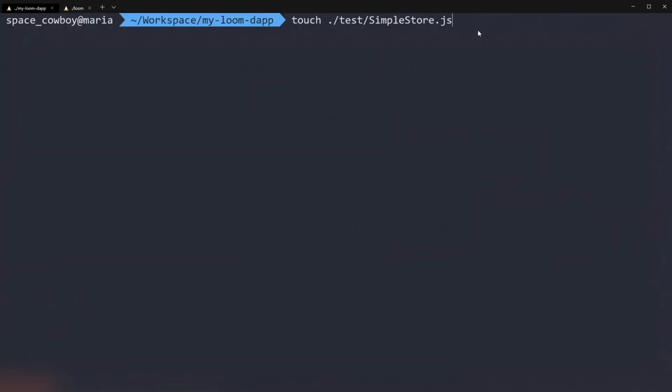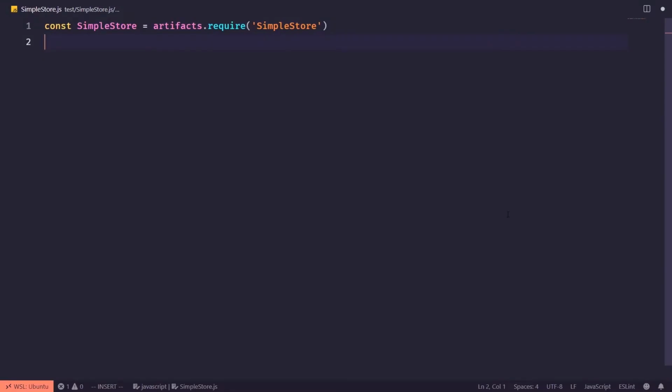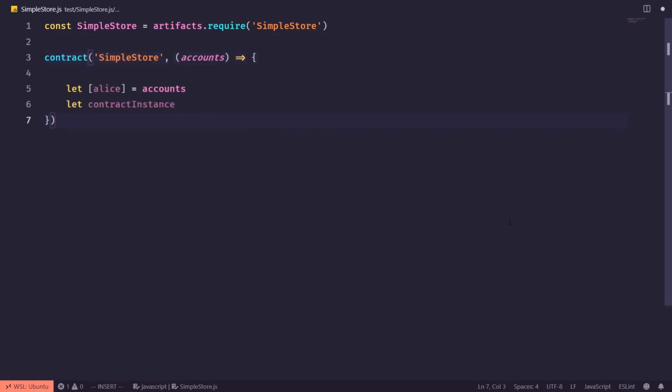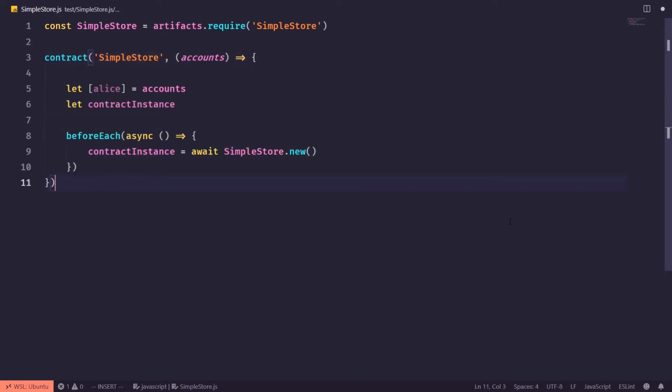In the test directory, we can create a file called simplestore.js. First, let's pull in our smart contract using artifacts.require. We can define our contract and pass in some accounts. For now, we'll pull in the first account and call it Alice, and then create a variable for our contract instance. We can define a beforeEach hook, which will deploy a fresh new instance of our contract for every